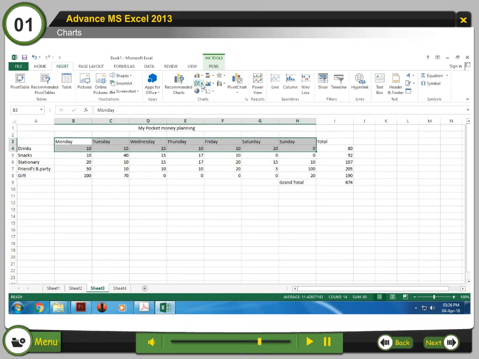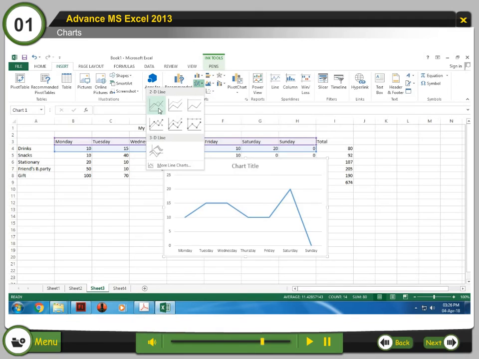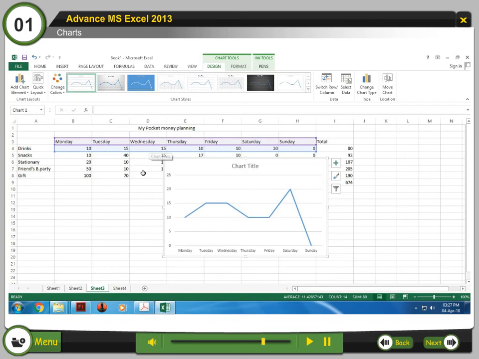For example, click on Line Chart. A drop-down list appears in which various options are shown in thumbnail form. Step 3. Choose the chart type from the drop-down list. Step 4. The selected chart will be inserted in the worksheet.